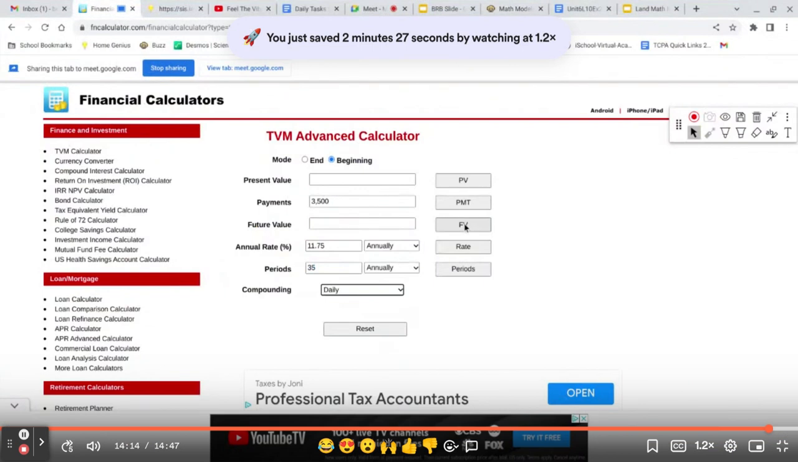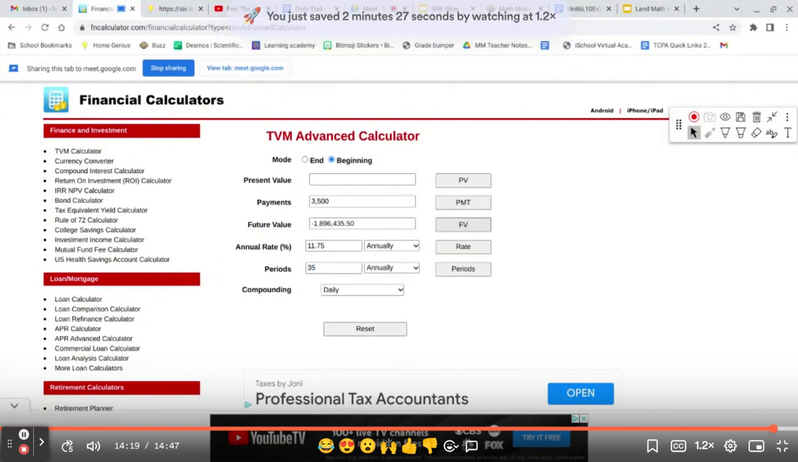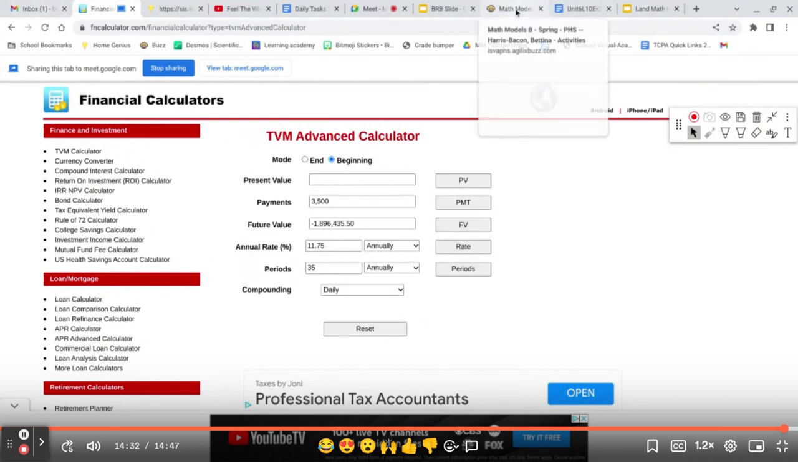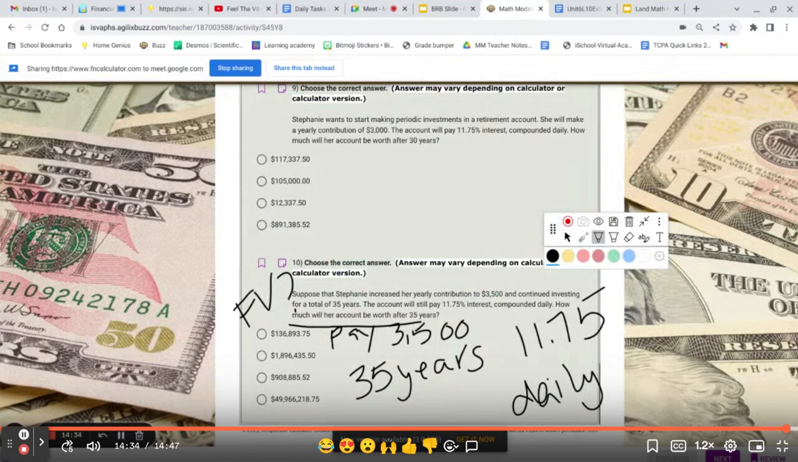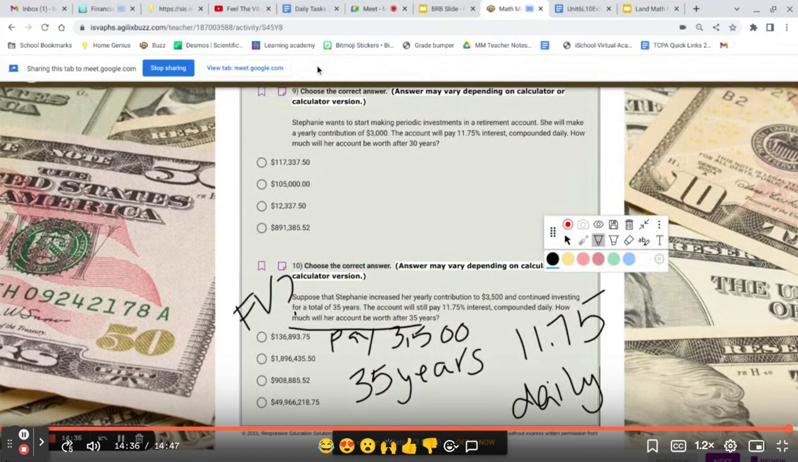So for future value, where that little bar is, I'm going to click on it, and it says her future value is about 1.89 million, not billion, million. So it's about 1.896 million. So let's go over here and see if we can find that. And there it is. There it is right there,